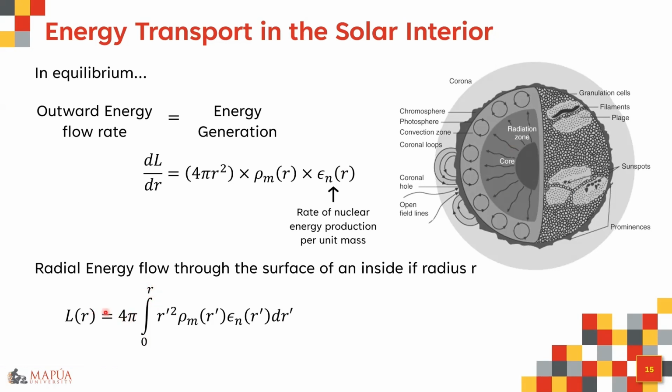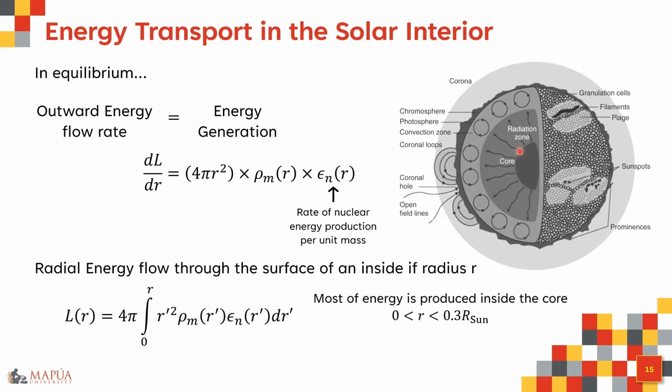Since we can observe the surface of the sun, we can input any information that can be observed at the surface here to come up with this L(r), where L is the outward energy flow rate. Now, how do we use this? Most of the energy is produced inside the core, approximately between 0 and 0.3, or one third of the way toward the center of the sun. So this is about one third of the radius of the sun. Beyond that, the energy generation is very minimal.